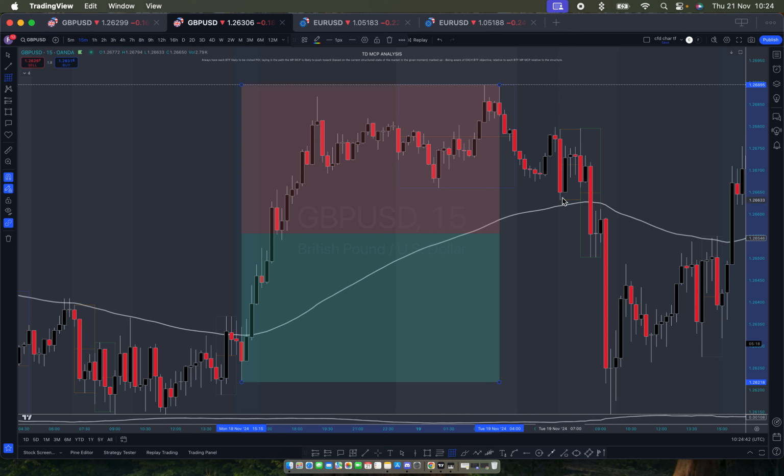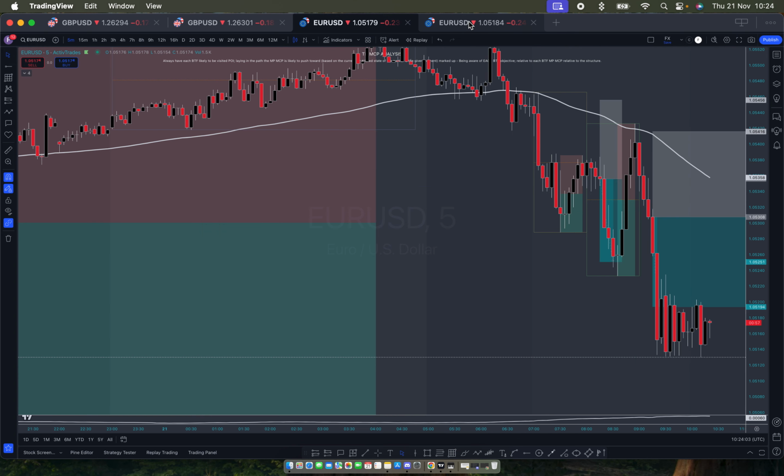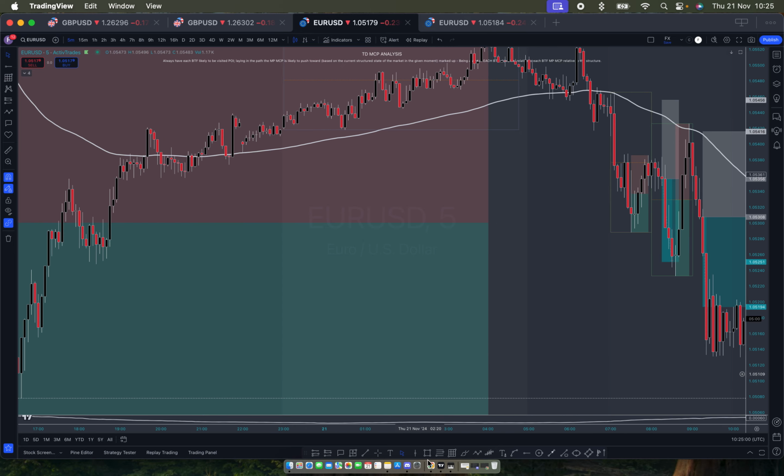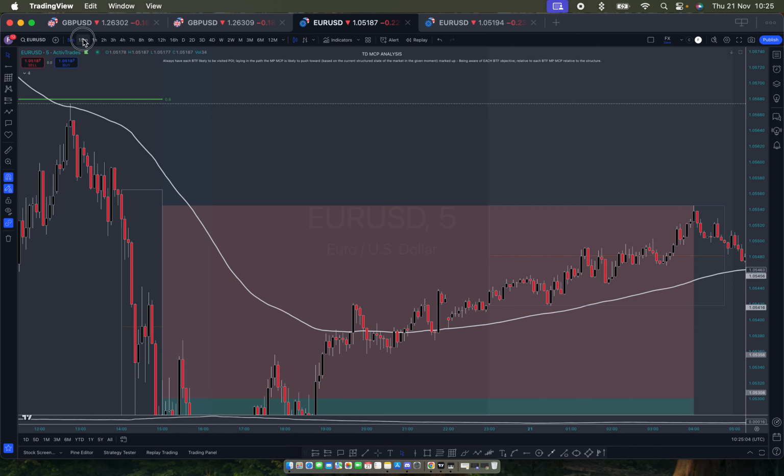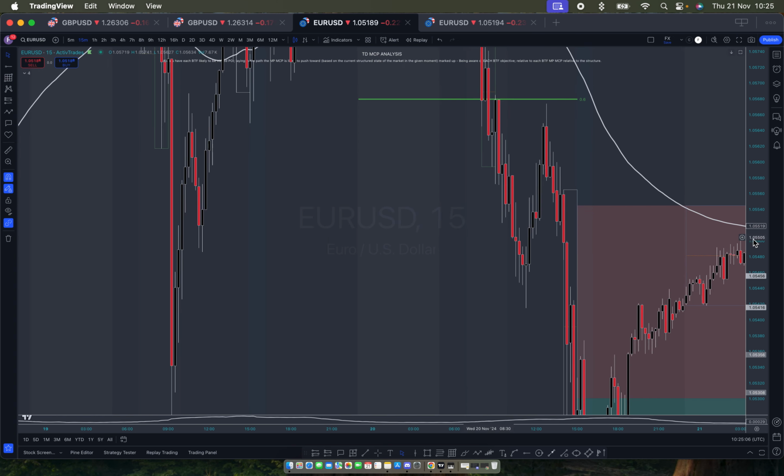But look, if you're tracking 15M structure, you're right at the lows of this. You'd be right at the very lows of this 5M push to the upside, and then you'd actually miss it. So you'd miss it on this occasion, but you would make it on this, of course. But then if you look at the trade, the day that I took a loss,